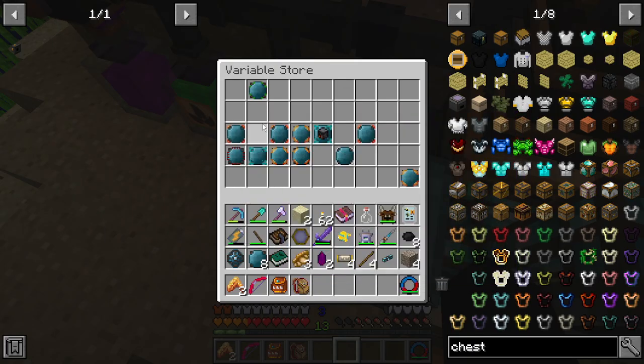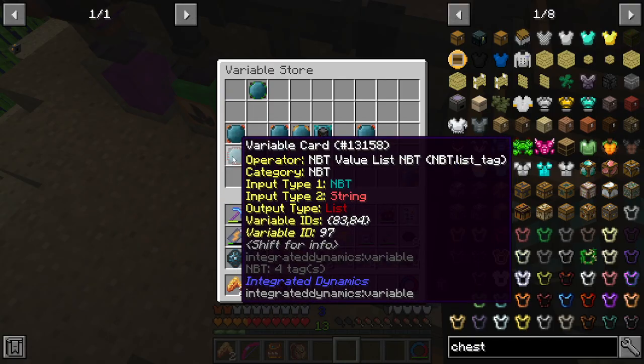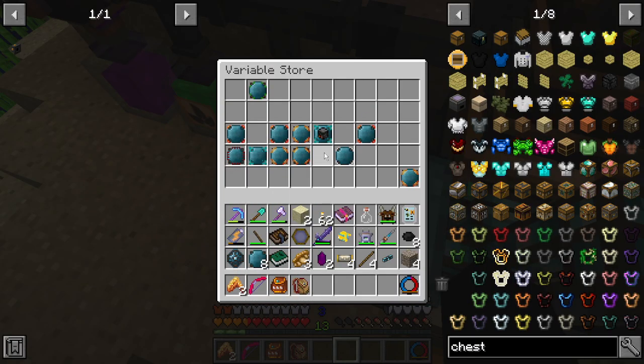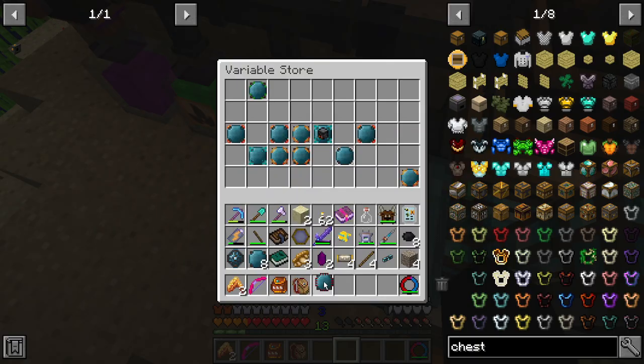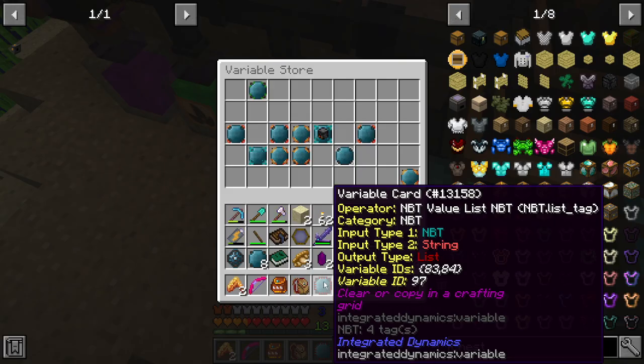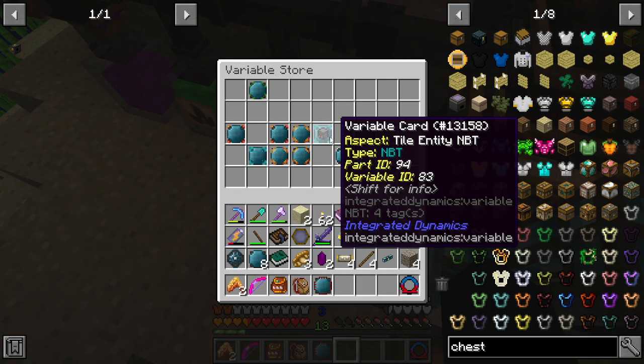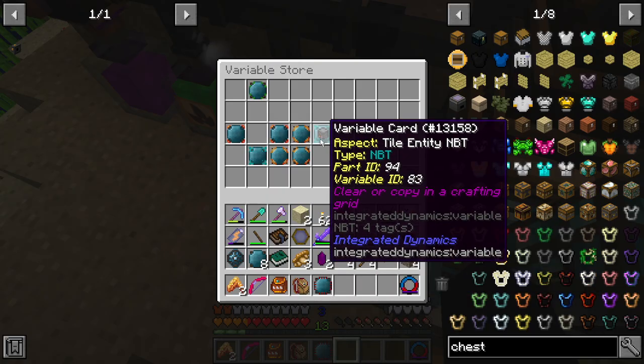Also, this requires an expected output for each of the things. So if it's a list, we want to break it down. So what we did was we put an NBT value list with the list of the NBT of the thing,